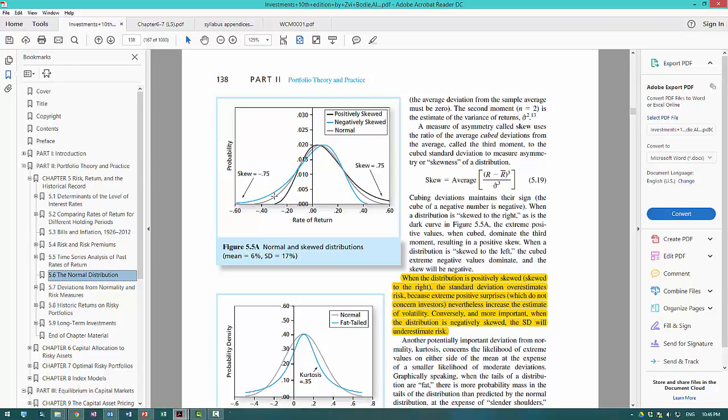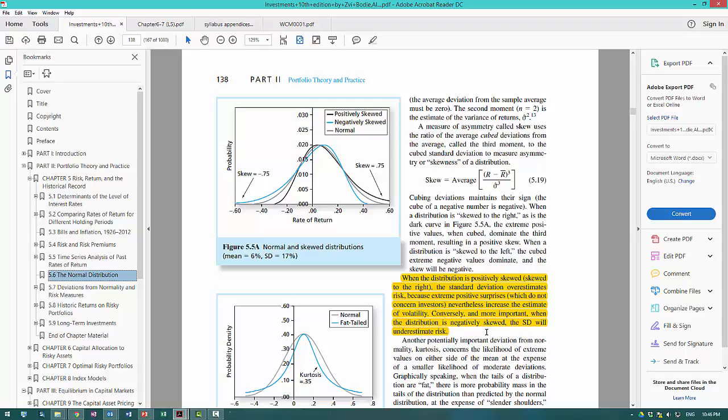On the left hand side, the blue line is when there is a negative skew, and the black line is when there's a positive skew. And it says here, when distribution is positively skewed to the right, the standard deviation overestimates risk,